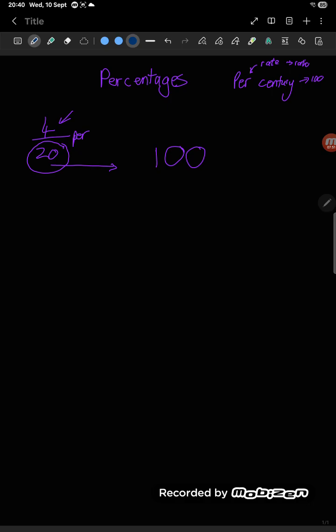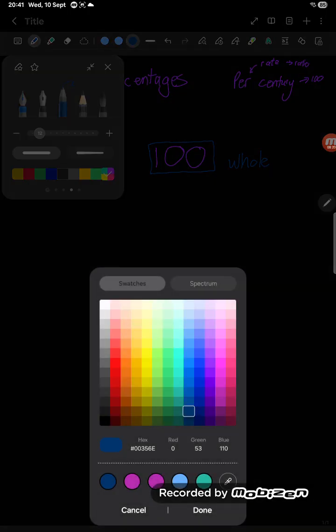So percentages, I've got to compare everyone, and we've chosen 100. If we chose 56 for some other reason, because we had 8 fingers on our hand and 8 toes on our feet, maybe we'd have chosen a different number. But the number we like to choose is 100, and accounts for the whole of that number. So this has been divided into 20 pieces. The bottom is the whole. Then I want a number over 20,